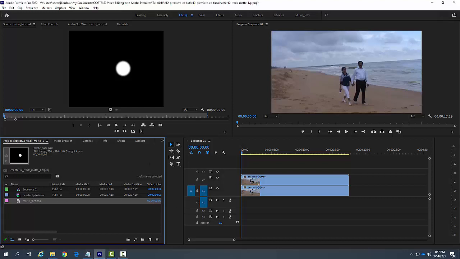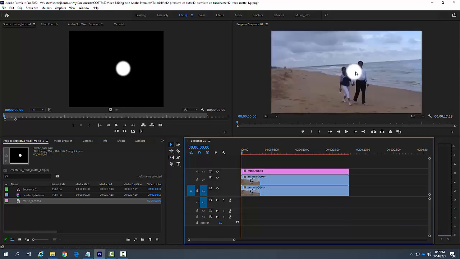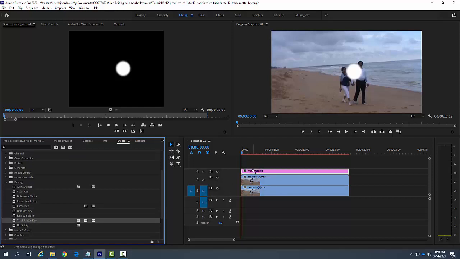So I'm going to drag this up onto V3. I'm going to stretch it for the whole clip. And you see I have this white dot now on the top of the clip. So I'm going to pick on this graphic, and I'm going to go to effects. And in effects, I'm going to go down to my video effects. I'm going to go to keying. In the keying, I want to go to my track matte key. I'm going to drag that up and place that onto the matte face